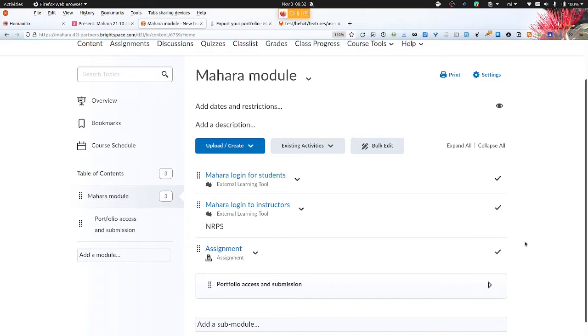So if an instructor clicks that link here, they will create the group in Mahara on the fly. And of course, they'll also be logged in.